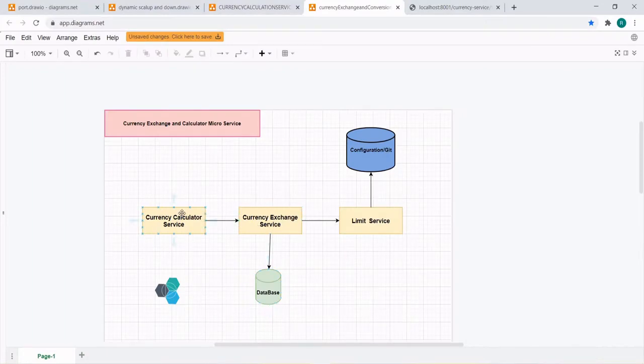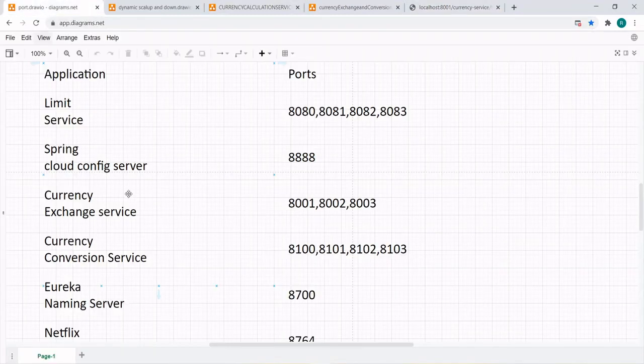it will calculate based upon the quantity. As per our port configuration for the currency conversion service, we can use 8100 to 8103, so we will be using port 8100.